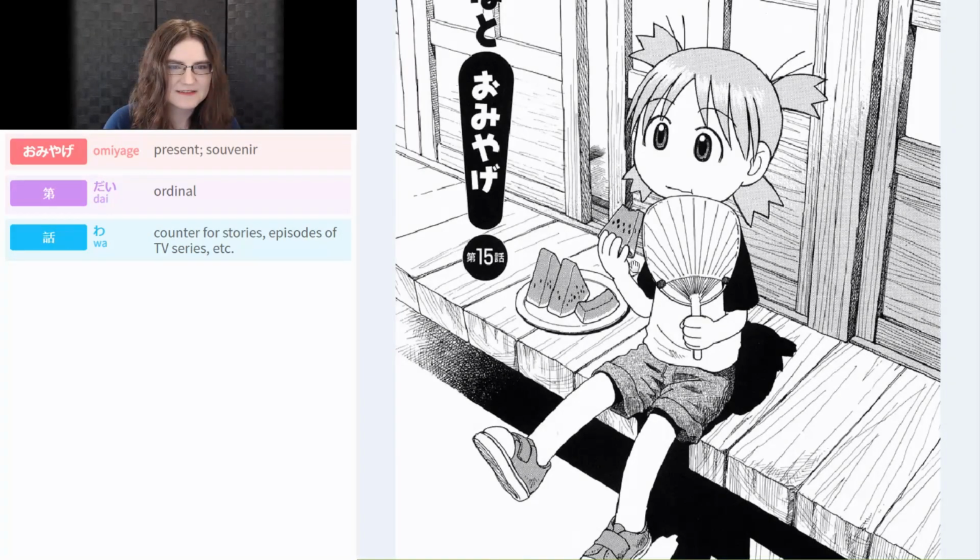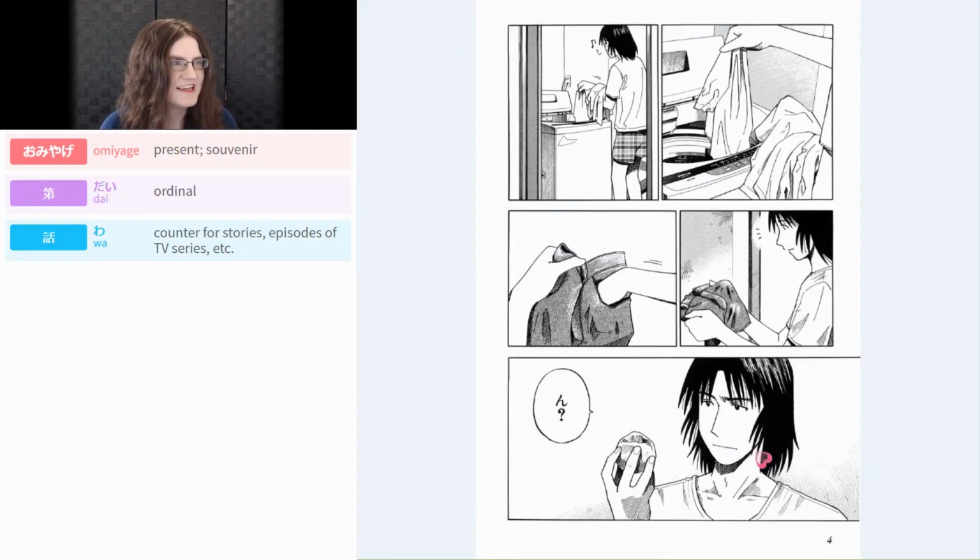She's got some nice little suika right here. Our first page here doesn't have too much talking. This is just Yotsuba's dad. He's doing the laundry like a good dad should. And now he's picking through and he has found something mysterious in Yotsuba's pocket. He's like,